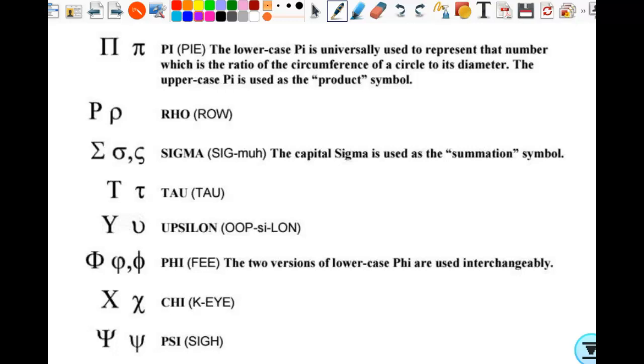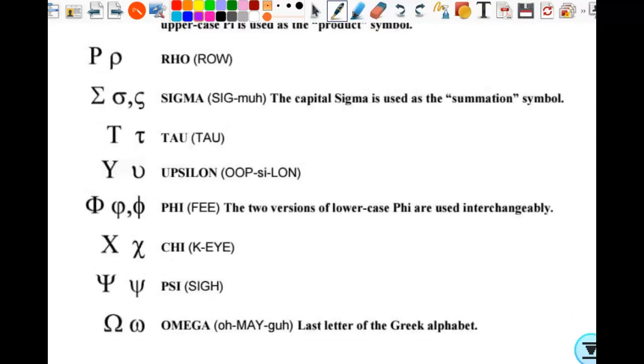You might hear it pronounced differently depending on whatever. And sometimes there's more than one lowercase, and then of course omega. So I just wanted you to have it. I wanted you to know what they were called, how to say it, what it looked like, just so that you have the information. I'm not going to make you memorize it, but it's there. And if you want to read about it, it's interesting if you find that interesting.